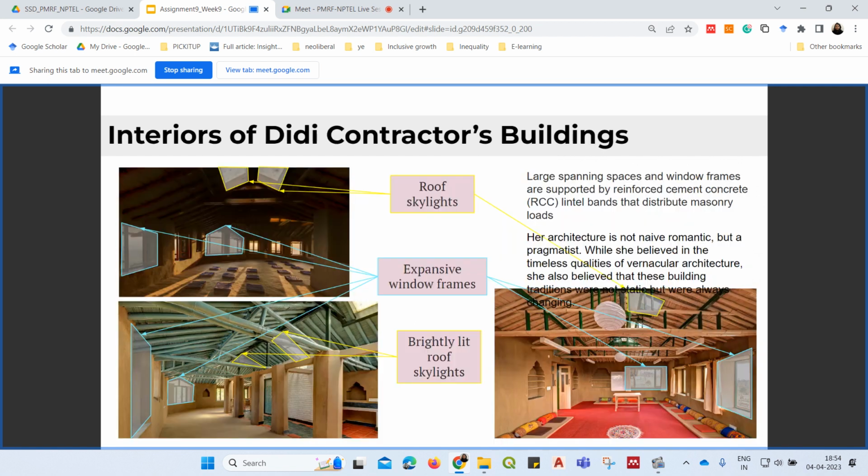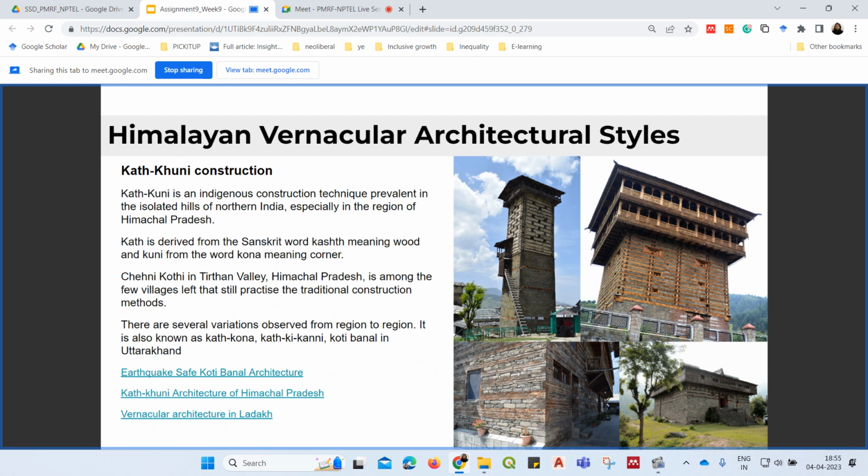So that is all about Titi Contractors building. That is an example of the architecture of Indian Himalayan areas, or Himalayan vernacular architecture, which is adopted by a contemporary architect and then molded by her in her own style. If you want to know a little bit about the traditional Himalayan vernacular architectural styles, this is one construction style